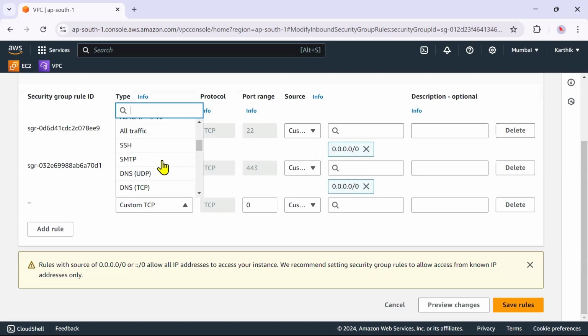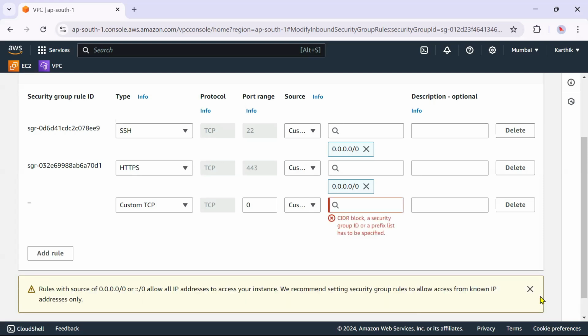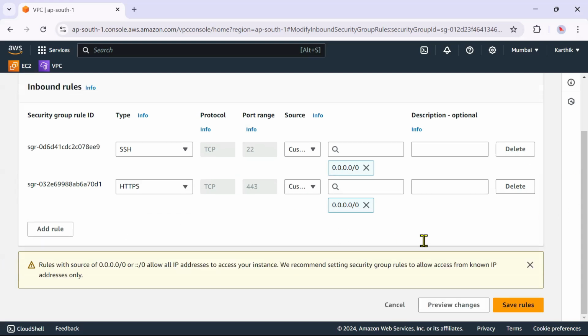You can add as many rules as you want: custom TCP, UDP, ICMP, and there are so many others. Just go back today and see how many ports and protocols there are, and what the port number is for each protocol. Just list it down. That is not an important one, but if you know those details, it's well and good. I'm saving this. I did not add this IPv4 and don't want it. If you don't want it, just come here and delete that.